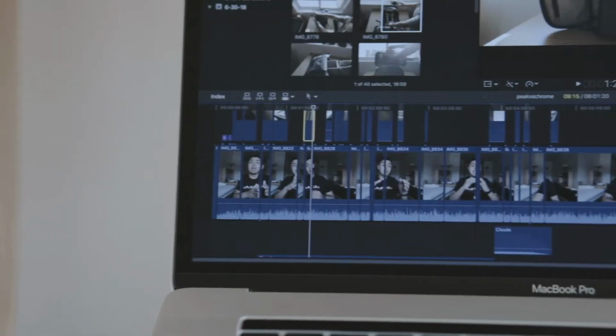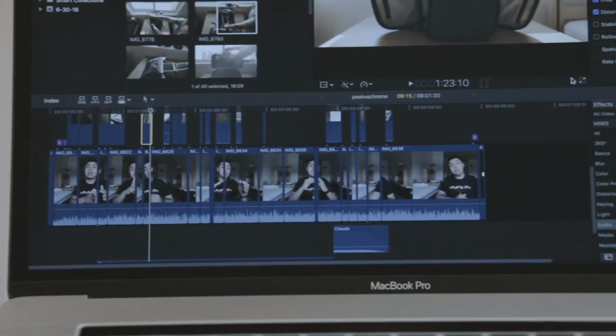When it came to managing audio, it's one of those things that if you know how to do it in one program, you can do it in the other. And audio was one of those things I really didn't have to struggle with. I knew what I was doing. Everything was exactly the same when it came to Final Cut and Premiere. So there wasn't too much Googling, and it was just great to know that I could move as fast in Final Cut as in Premiere.